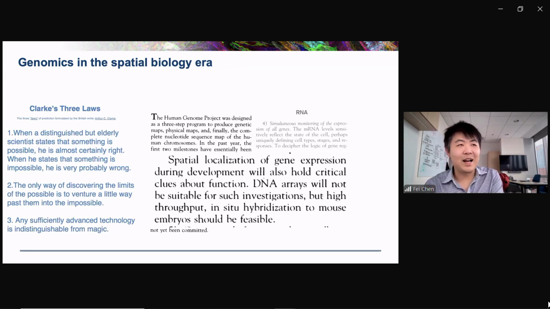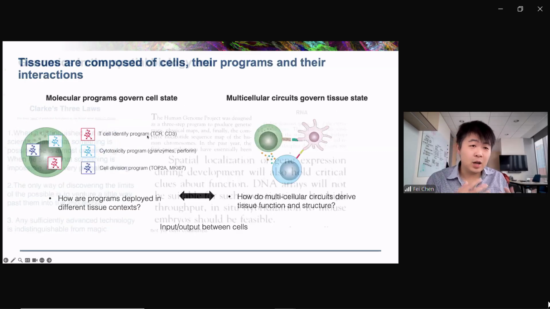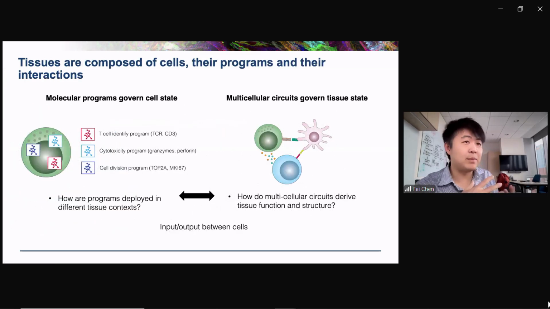But as many of you know, the revolution I'm talking about is how we can start understanding the molecular states of cells directly in the context of tissues. Our view of this has recently been shaped by the idea that you can think of cells within tissues as having programs within them that govern their states and their types. And these are concerted expression programs of genes that might define a cell's identity, or might identify its current function.